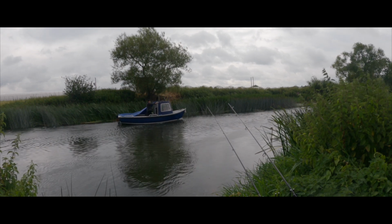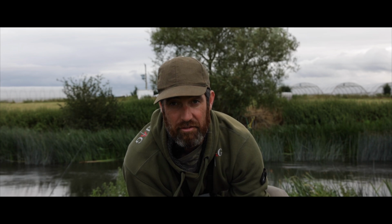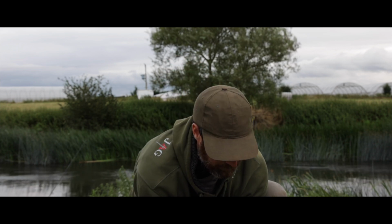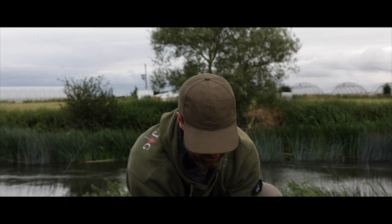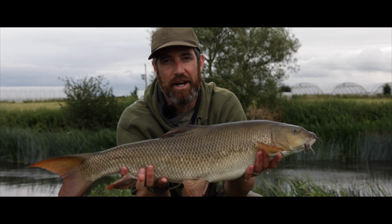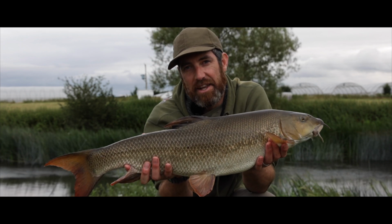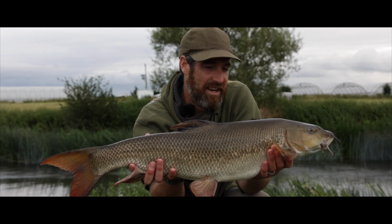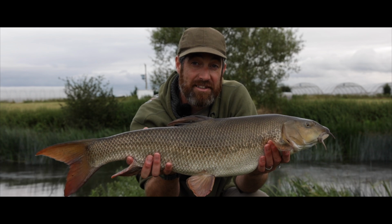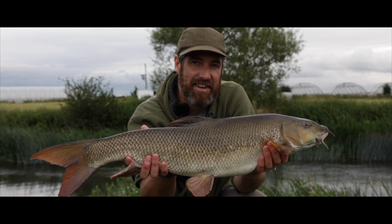Right guys, it's been a tough day, but we've had a right result. I'm not exactly sure of the weight yet, but with the net it weighed 12 pound. So we just need to weigh the net in a minute and take it off. But we think it might be my first double, so a new PB barbel,